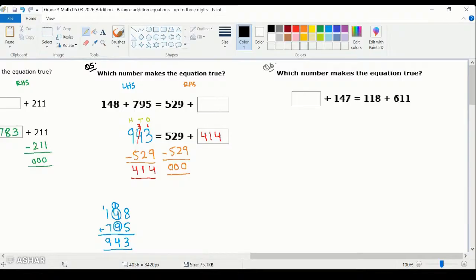Let's add the numbers together. These are the numbers on the left hand side, and these are the numbers on the right hand side. Both the numbers are given on the right side. So let's add the numbers on the right side. We can write 118 plus 611. It should come out to be equals to